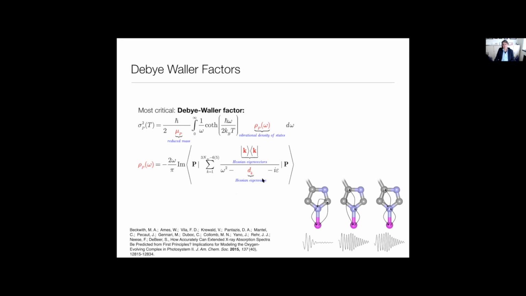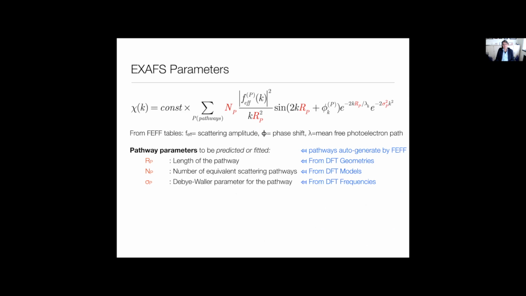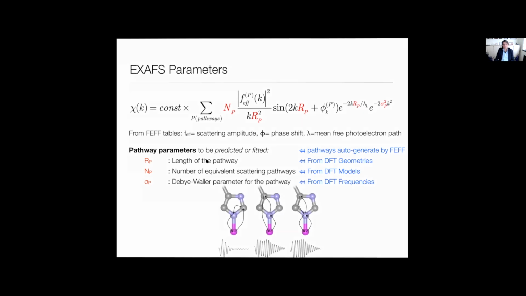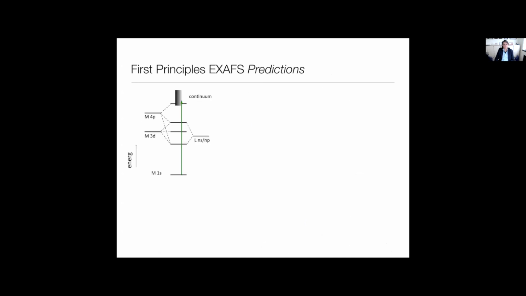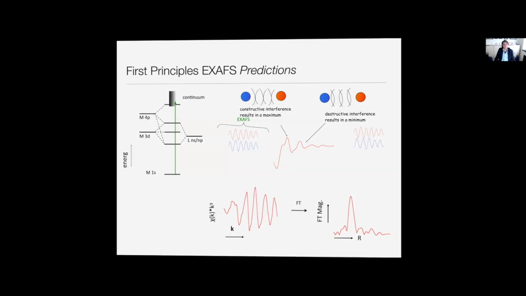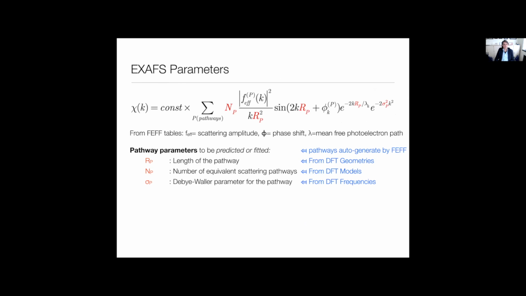And so you can evaluate these equations theoretically, and then you have eliminated that as a fit parameter or fudge factor, right? And that means you know everything, right? You have the length of the pathway, that is all DFT. Oh, I apologize, I'm being the victim of my animation here. So you know the length of the pathway and the number of equivalent scatterings from the DFT geometry optimization, and calculate the Debye-Waller factors from the DFT frequencies. And that means you can evaluate the EXAFS spectrum completely theoretically.